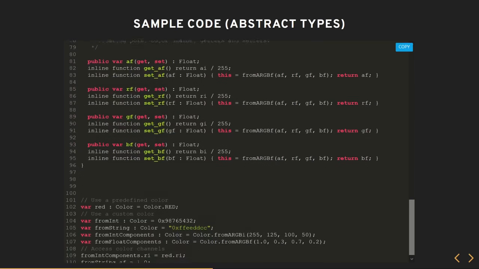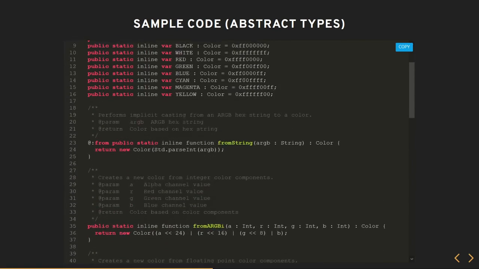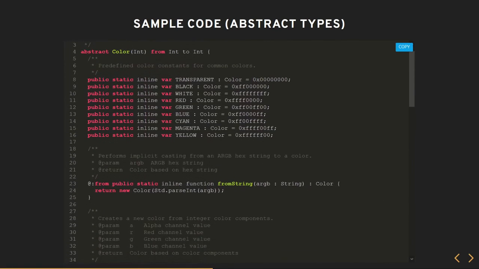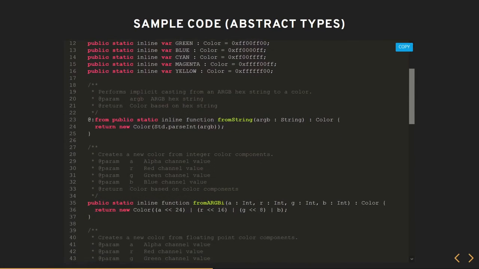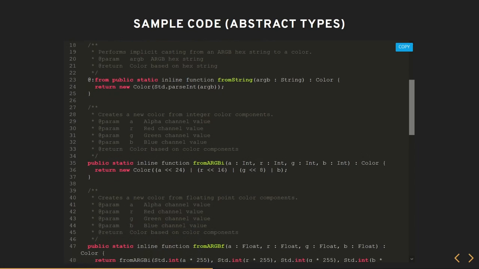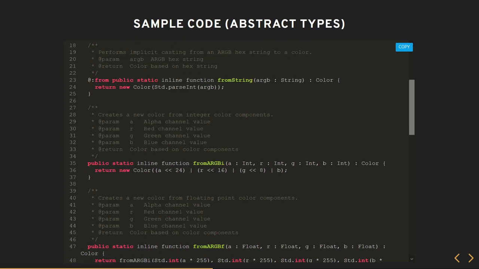Yeah, from I and from F. So you have from ARGBI, and then you have from ARGBF. Why is that needed? Oh, is it because they have different